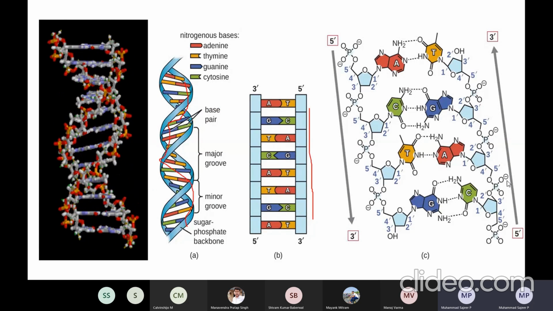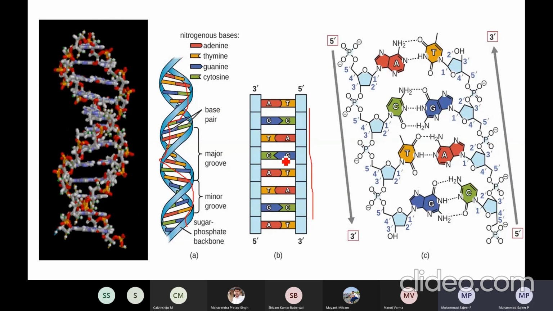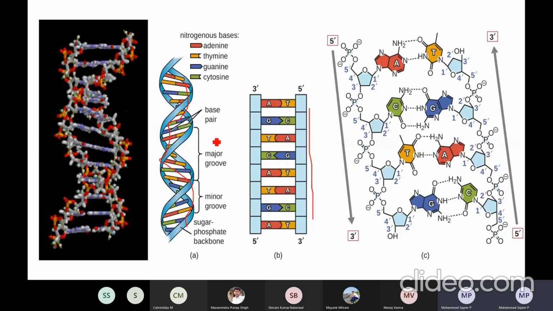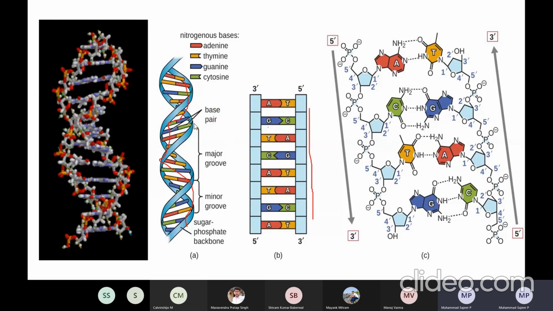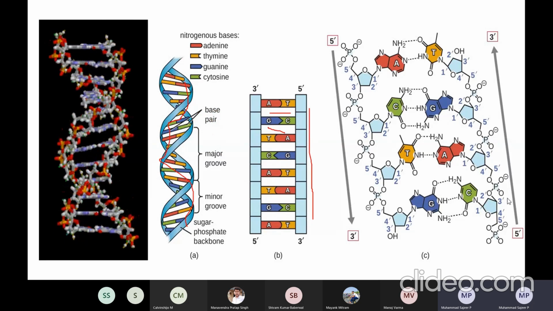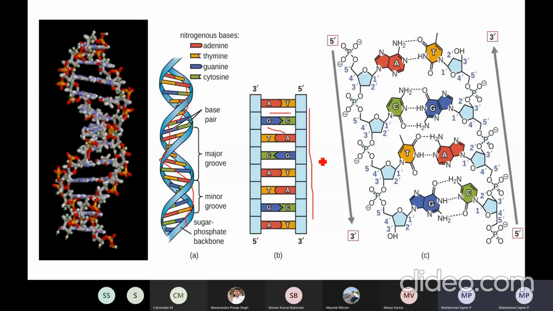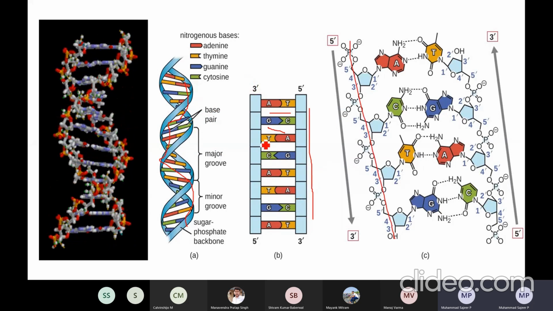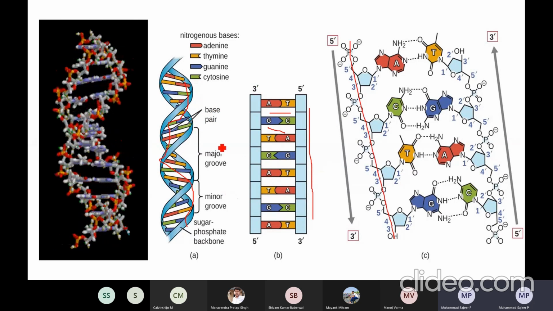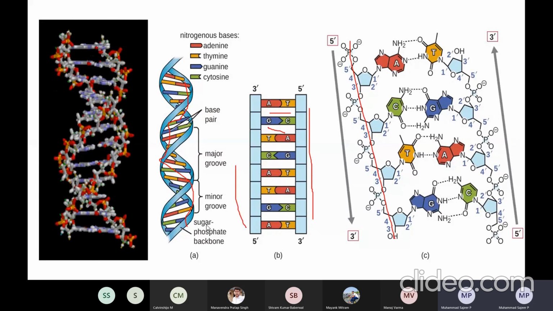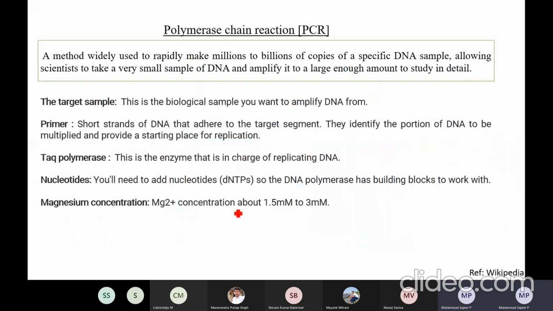The DNA strands are known as polynucleotides, as they are composed of simpler monomeric units, which have the nitrogen bases adenine, thymine, guanine, and cytosine; in RNA, it is uracil instead of thymine. Then there is a sugar called deoxyribose and a phosphate group, which form the basic structure of DNA. We give the direction from 5' to 3' and 3' to 5', and we can see there are a lot of hydrogen bonds. In two lines, polymerase chain reaction is actually a